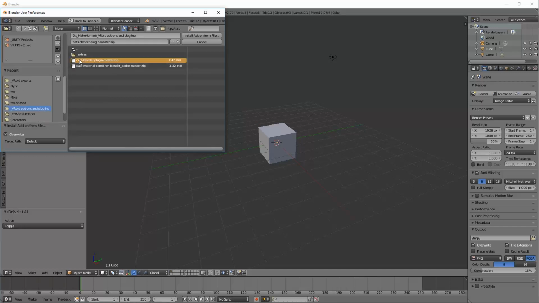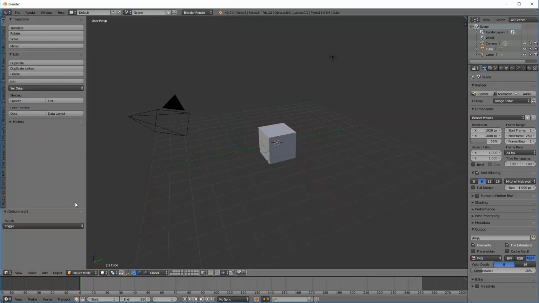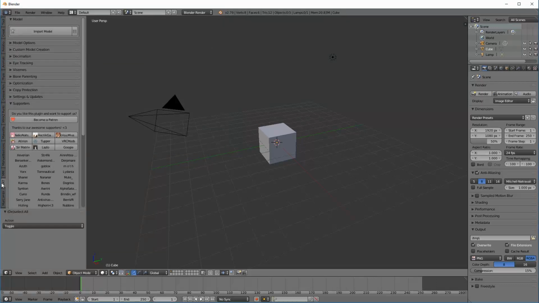So you would select that and then just click on Install add-on from File. And in the screen that follows, make sure that you tick the save preferences, because if you don't, you have to redo this every time you load Blender. If you're not sure about installing plugins for Blender, again, there are lots of videos showing you how to do that. And that loads in Cat,